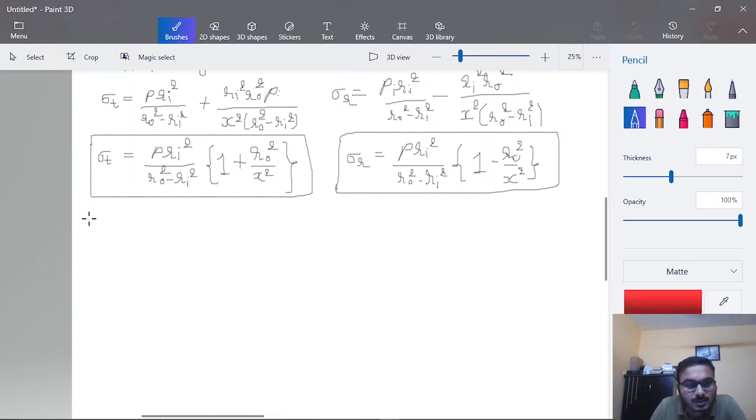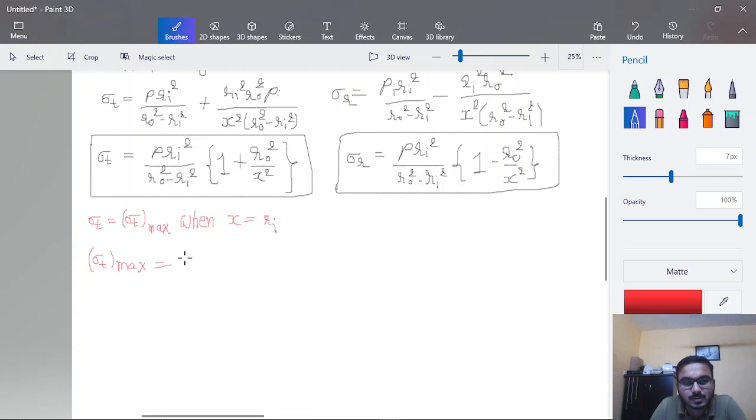Now sigma T is equal to sigma T maximum when we have x is equal to Ri, that is at the inner radius this will be the maximum stress. So now we can calculate sigma T maximum